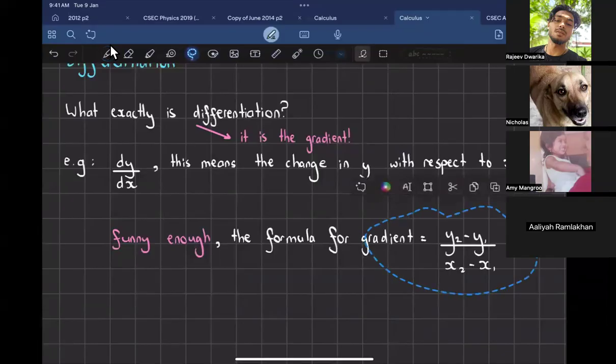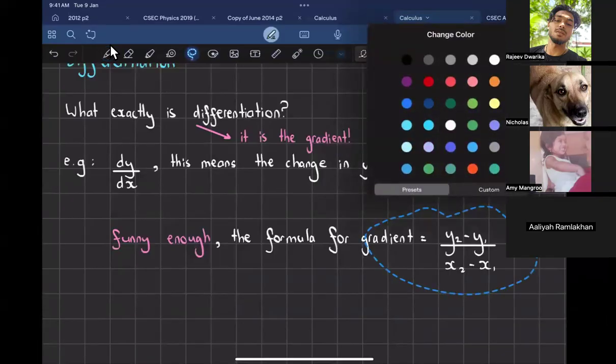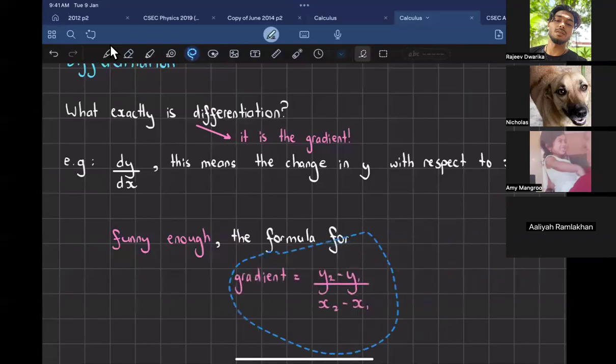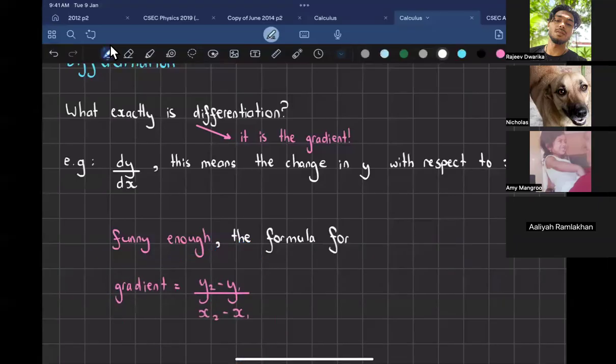If in year two it was 50 and in year one it was 30, how much did you change by? 20 years. So that's the change in years. Anytime you have a difference between 2 points, that's a change. So funny enough, the formula for gradient is y2 minus y1, which means the exact same thing. This also means